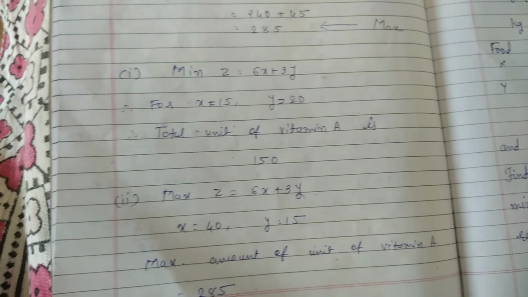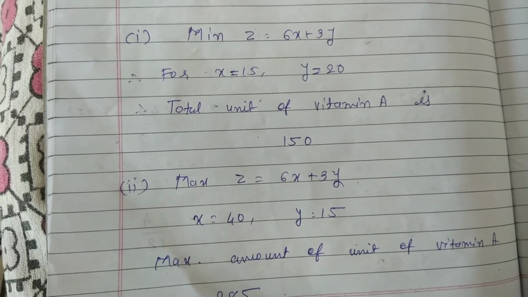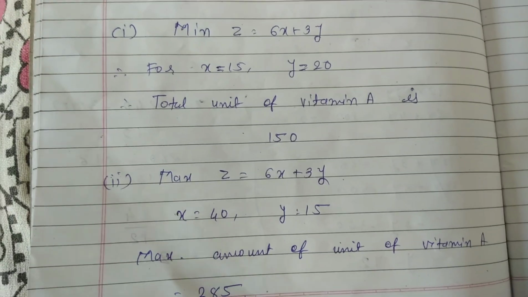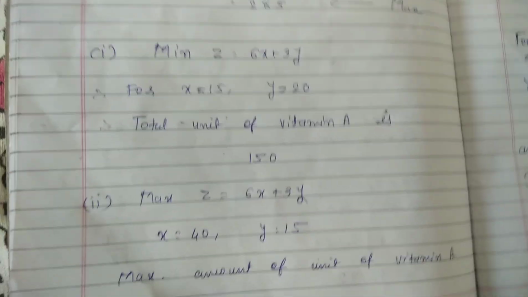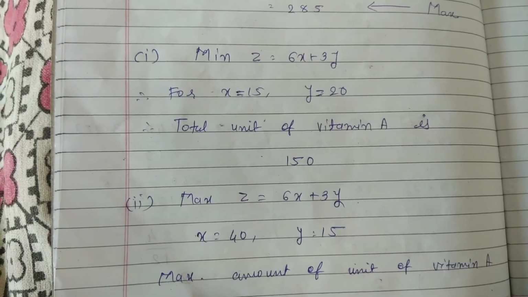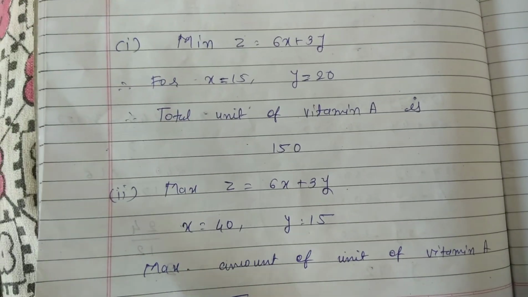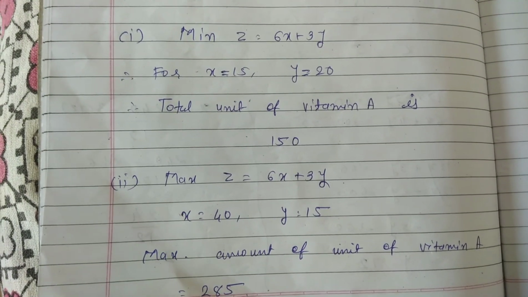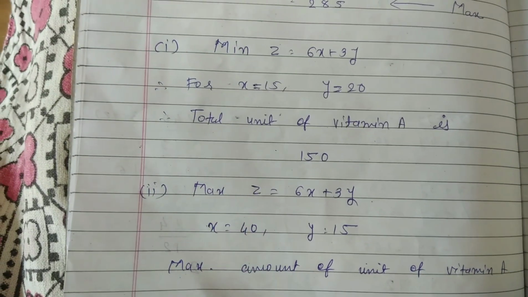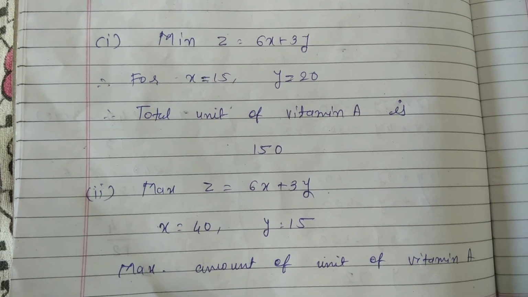I hope now you have understood very well about the diet problem and how to form an LPP. Whether the question asked is about the diet problem, the manufacturing problem, the allocation or the transportation problem, the one thing we have to remember is how to formulate the linear programming problem. It is the same thing. Okay, so with this I am stopping this video with question number 1 of exercise 12, which is the same question as example 9.